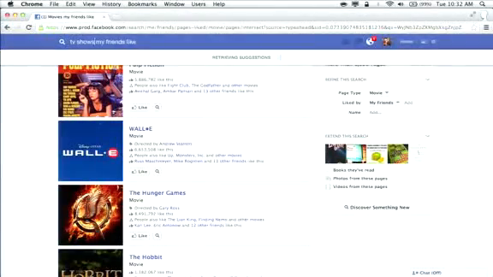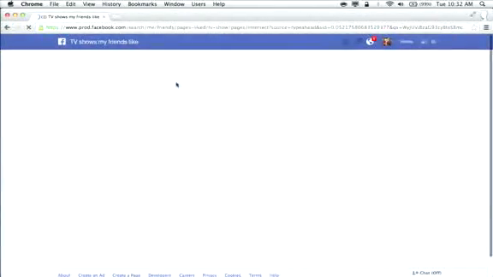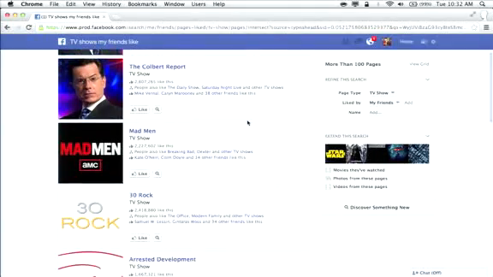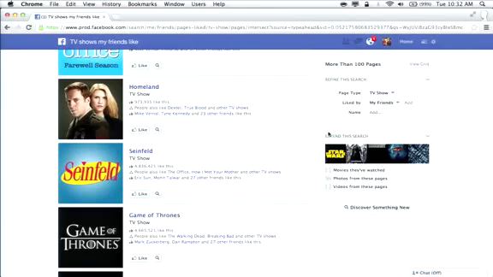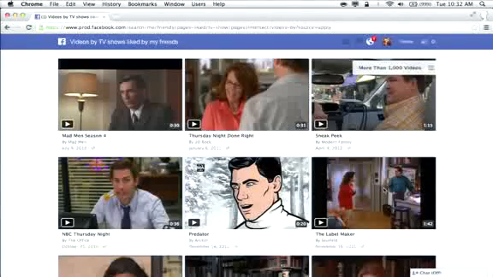So instead of movies, let's do TV shows. And now I'm seeing the TV shows that my friends like. I mentioned these tools on the right before, the Refine This Search. There's also a section called Extend This Search. And here you can see that it suggests searches that are related but slightly different from what you're looking at now. And the thing that I think is really neat about this one is the videos from these pages. So I'll click that, and now what I'm seeing is videos by TV shows that my friends like.